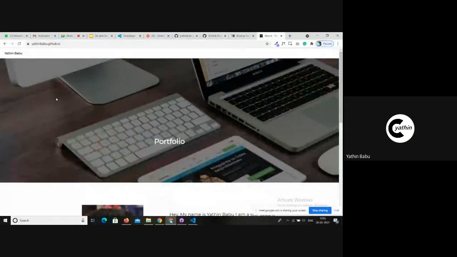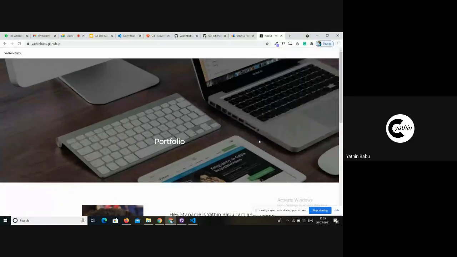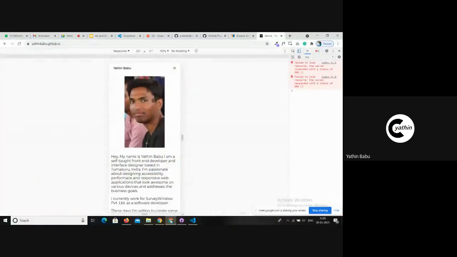One more thing that I would like to add is that this website is completely responsive. What responsive means is, right now I'm accessing the Chrome dev tools, where we will be checking how websites render within different devices. The website is rendering how it usually renders on small mobiles of around 320 pixels.